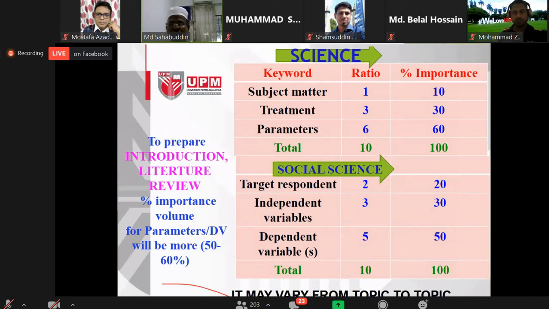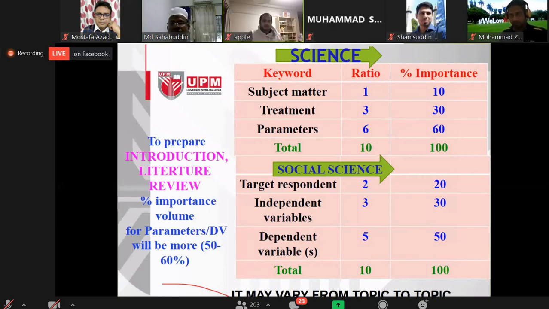For social science, it is a little bit different. Normally in social science, the response needs more idea, so for this I will give 20. For independent variable 30, dependent variable 50. But this depends on your conceptual framework. If you have more independent variables, like maybe 5 independent variables, then in this case you can put 50 for the percent importance, and the dependent variable will be maybe 40.